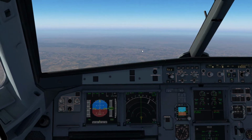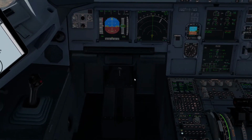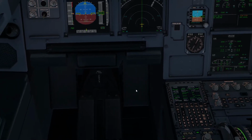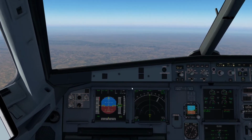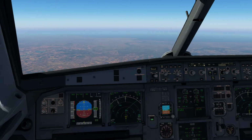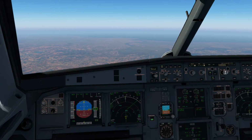So yeah, not far off our descent. I would say probably about 20 minutes away from the top of our descent, and I'm already ready for our descent into Faro. Alrighty then, so we have now reached our top of descent, and we're going to go ahead and start descending